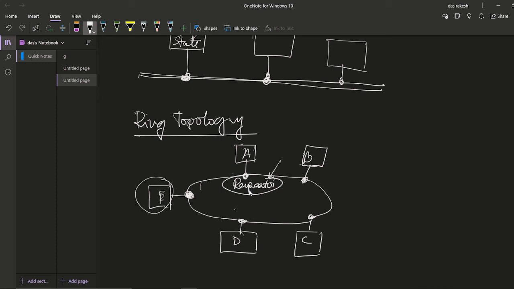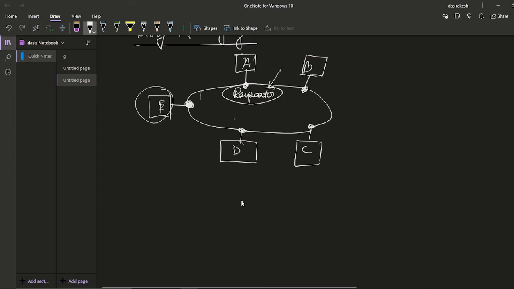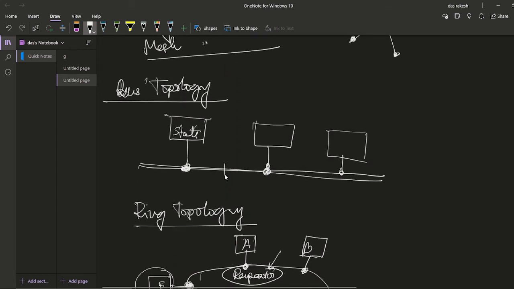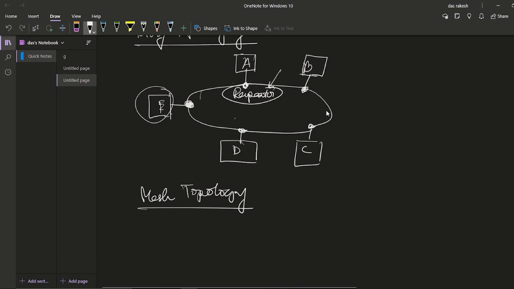Okay, now we're coming to the mesh topology. Mesh topology is much smarter than the others, because the disadvantage of the bus topology is that if the bus is disconnected, then these two computers do not get any information. For example, if there is some problem in this cable, or we disconnect this cable from here,